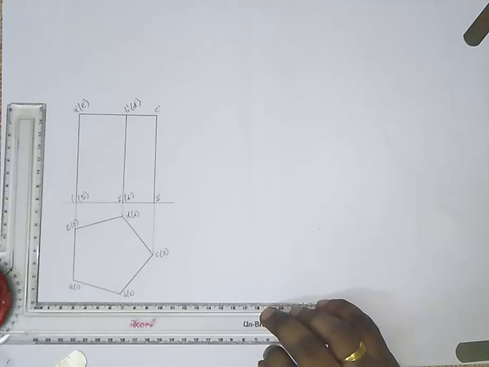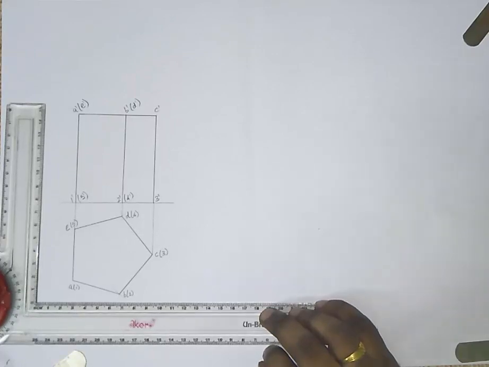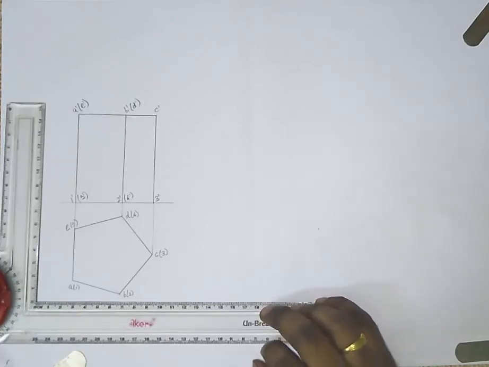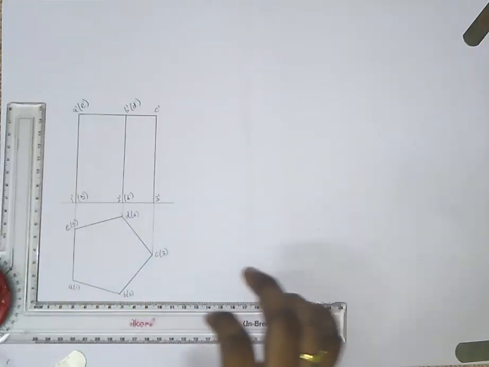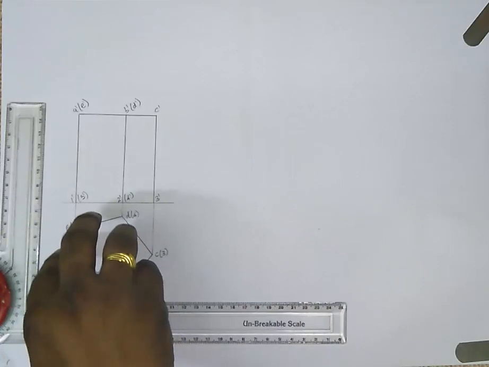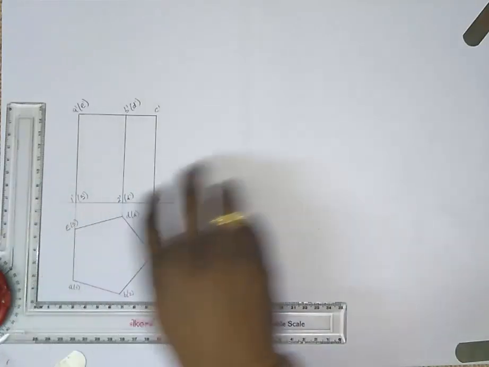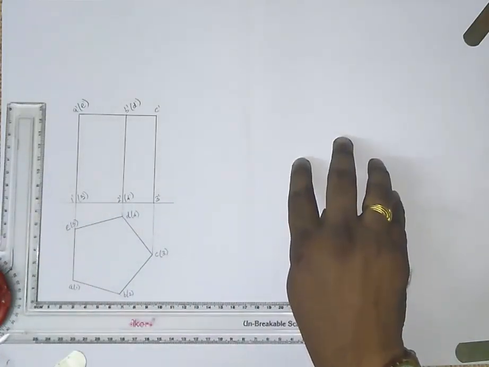Everyone, in this video you can learn how to draw the isometric view of a pentagonal prism. To draw the square prism, it is very easy to transfer this simple position here. Now you have to transfer this position here with the angle of 30 degrees.